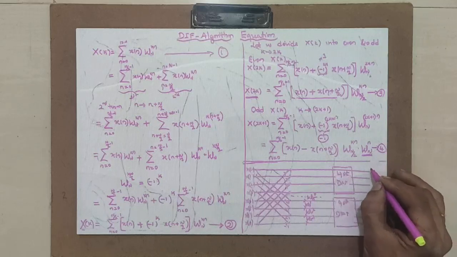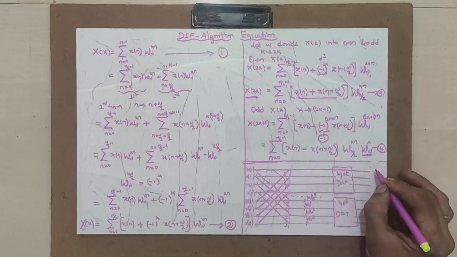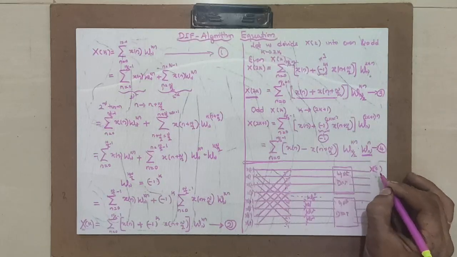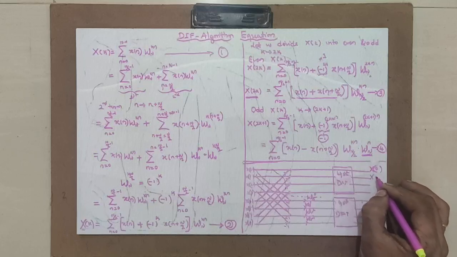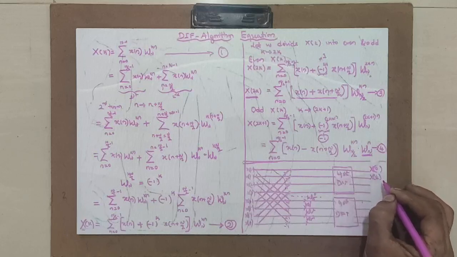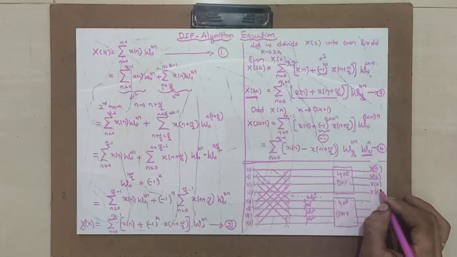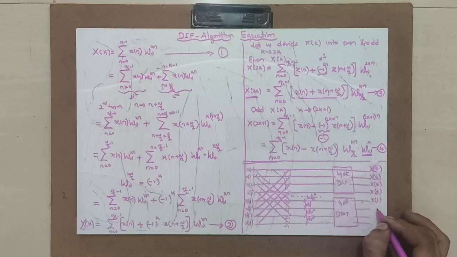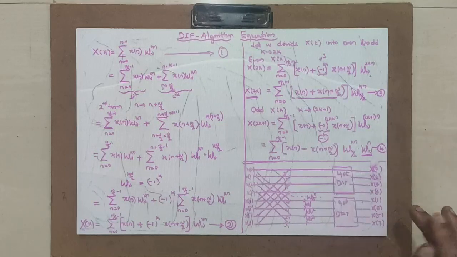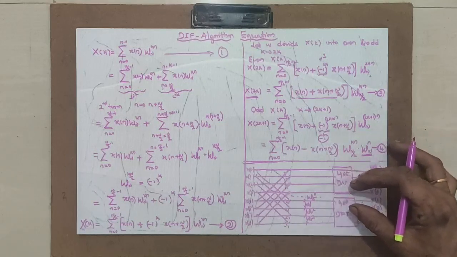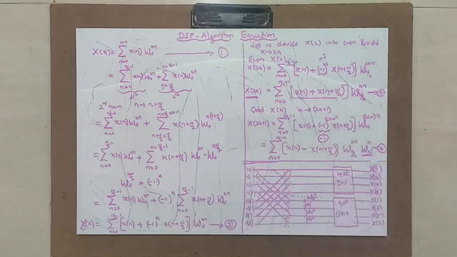That output is nothing but decimation in frequency. Try to understand, decimation in frequency, first order. That means what? x0 comes here, then comes x2, x4, then x6, x1, x3, x5, and x7. This is the first order. If you again decimate this with 4-point DFT in the same manner, you will get the full flow diagram.